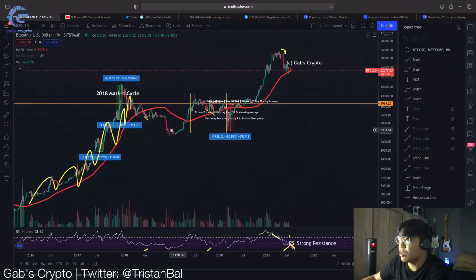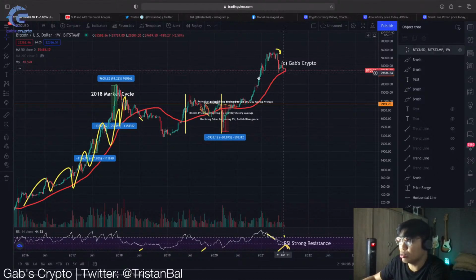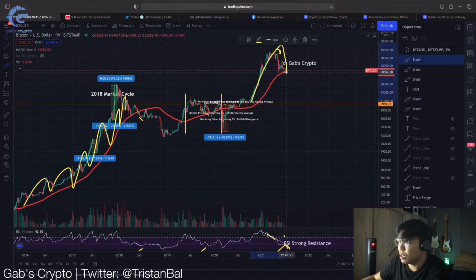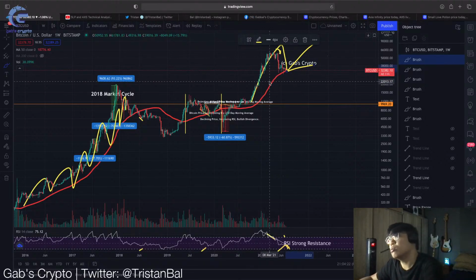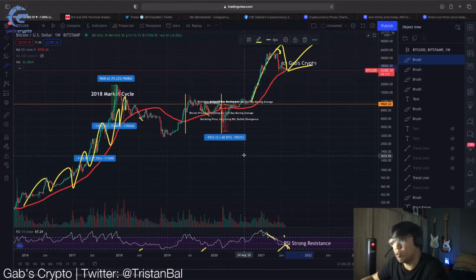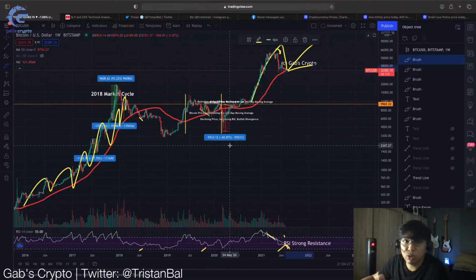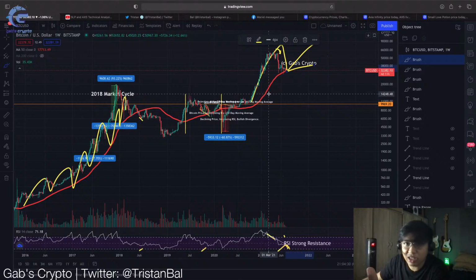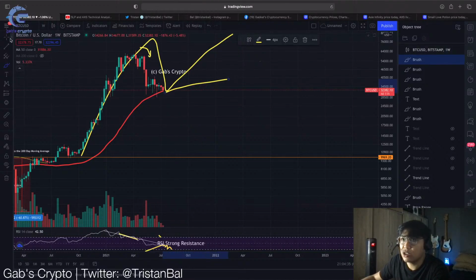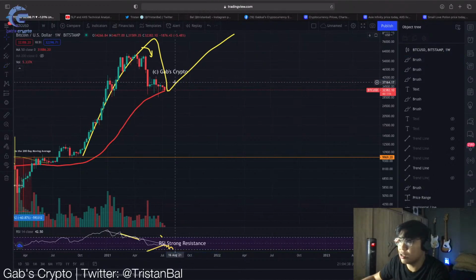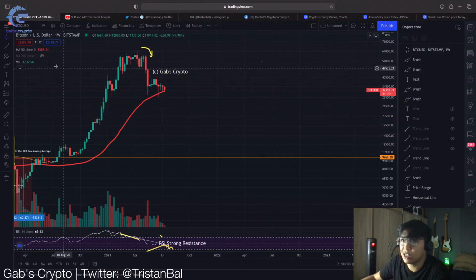So na ngayon, ito na yung nangyayari ngayon. What Bitcoin must now do, it must now bounce within this red line. Kung hindi tayo nakita ng bounce dyan anytime soon, I believe that's the start of the bear market for Bitcoin. So, is this alarming? Yes, for me, it's going to be alarming only if nagkaroon tayo ng candle close below this 50-week moving average. So, as long as nag-stay pa din tayo above the red line, healthy pa din ang movement niya. Pero if nag-close siya below, bad news na yun guys.